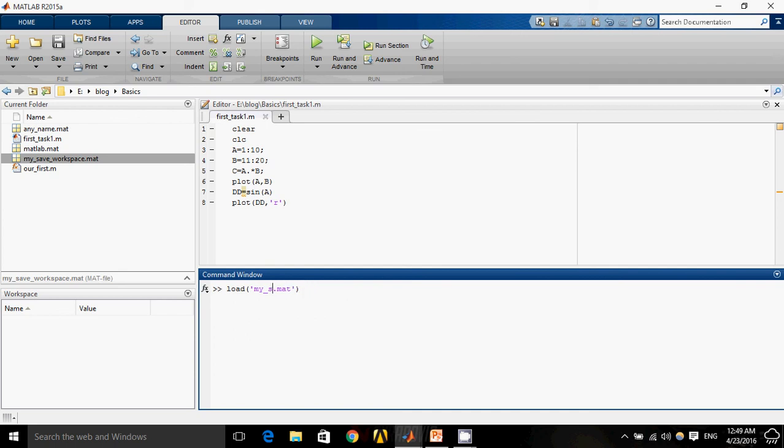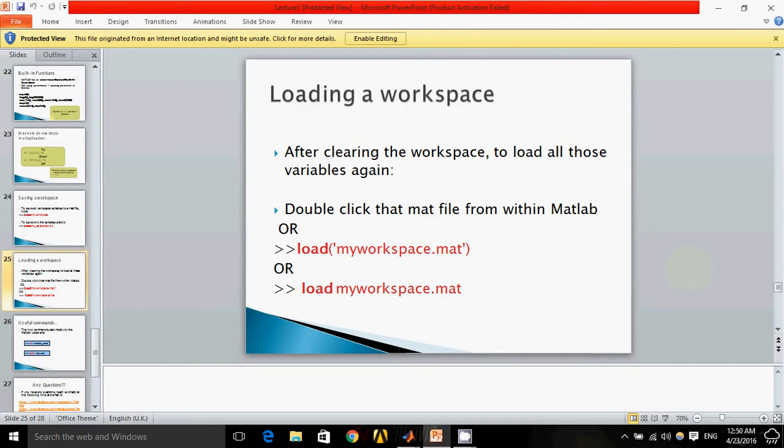I'll just give you an example. I clear my screen again, I clear my workspace again. Okay, and I write load. Now I just want to get back my variable B which was saved in any_name.mat.